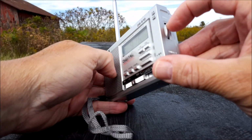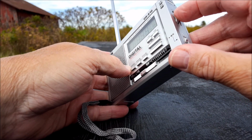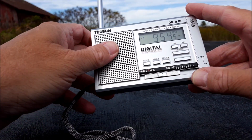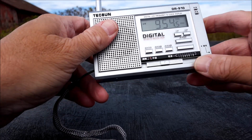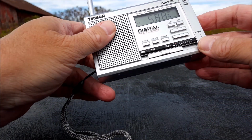And the tuning knobs are really solid. I know we've had one in the past, not a Tecsun, but different brands, where it's just all wibbly wobbly, and it just didn't appear that it was going to last very long. Well, let's go on and take a look